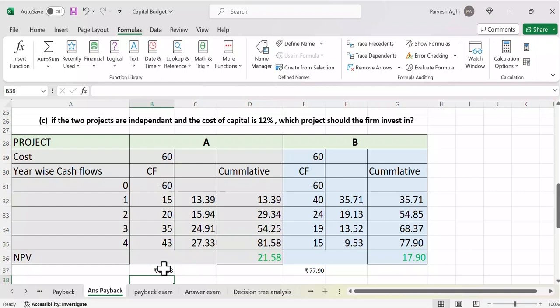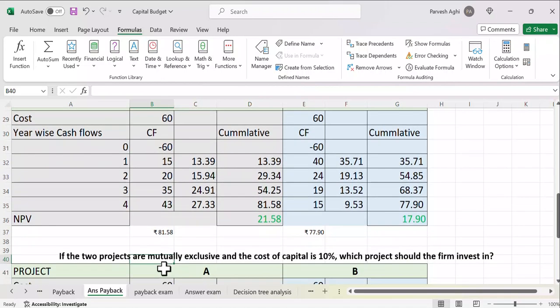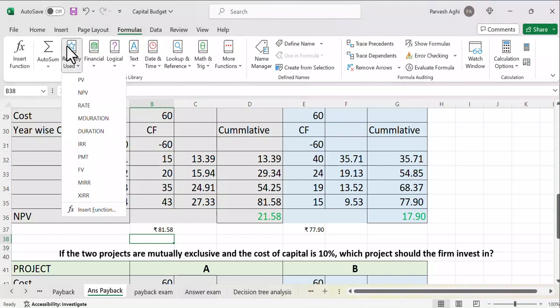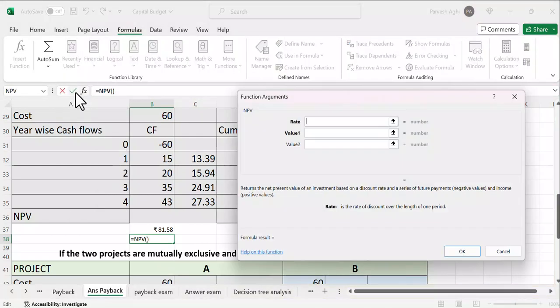So there is another method. I'll just show you here. यहाँ रखिए अपना कर्सर. यहाँ कर्सर नीचे रख लीजिए. कहीं पर भी. And choose the formula NPV. ये फॉर्मूला चुन लीजिए आप. ओके. और अब रेट कितना लेना है आपको? 12%. ओके. एंड आपके पास वैल्यूज है. वैल्यूज में आपको लेनी है